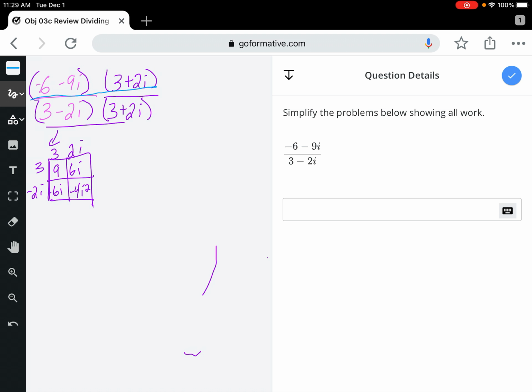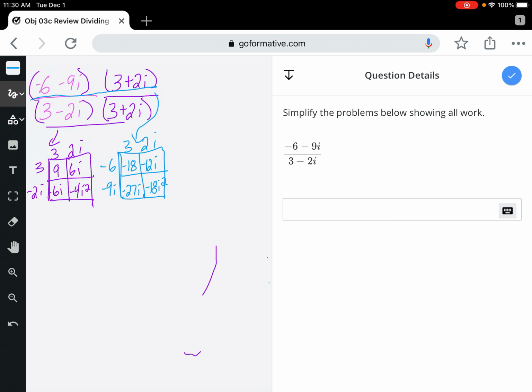For my top, I have another box. That's going to be negative 6 minus 9i, 3 plus 2i. It's going to be negative 18, negative 12i, negative 27i, and negative 18i